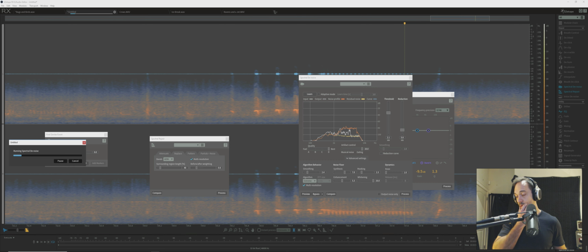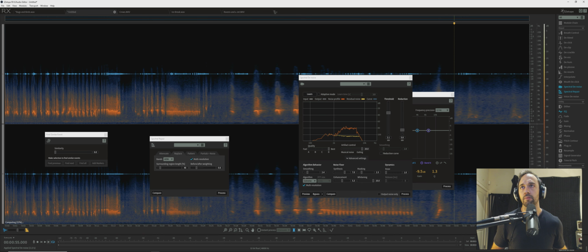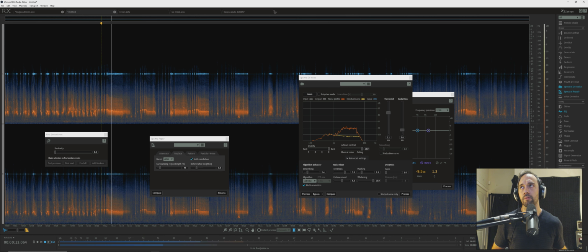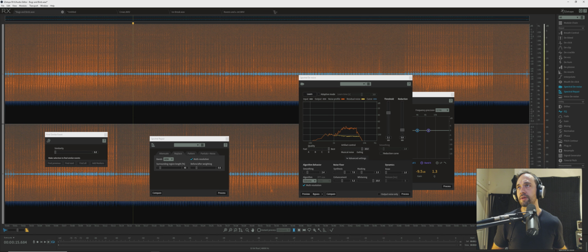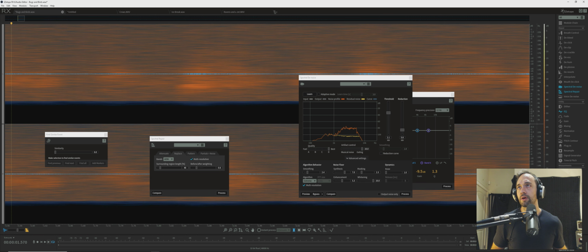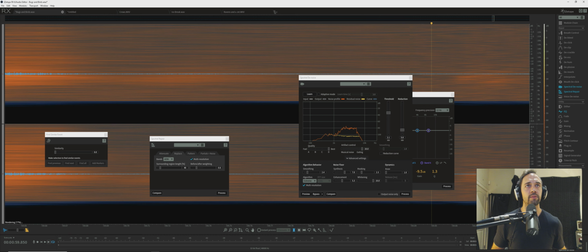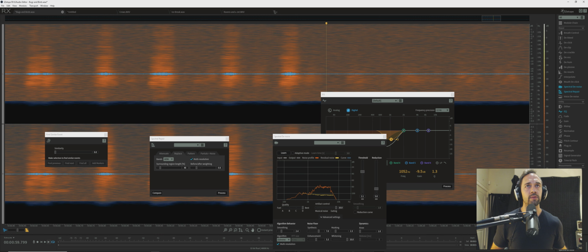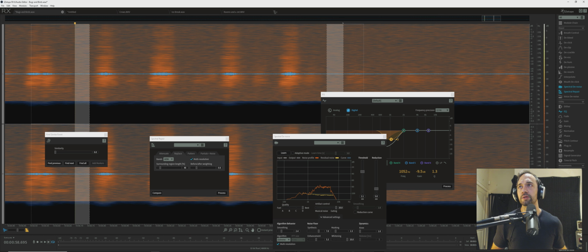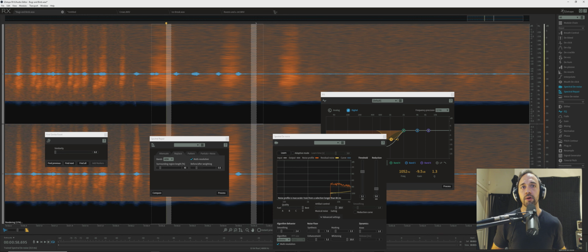Now that's going to be about as good as I could get it, about as isolated as I could get these birds. And as far as the bugs go, it's a very similar process. You'd go in, and, well, boy, they're pretty constant, but there'll be moments in between their chirping where you can get your multiple noise profiles. And that's a little trick. If you can't get one big single band and they're the same, you can select two,